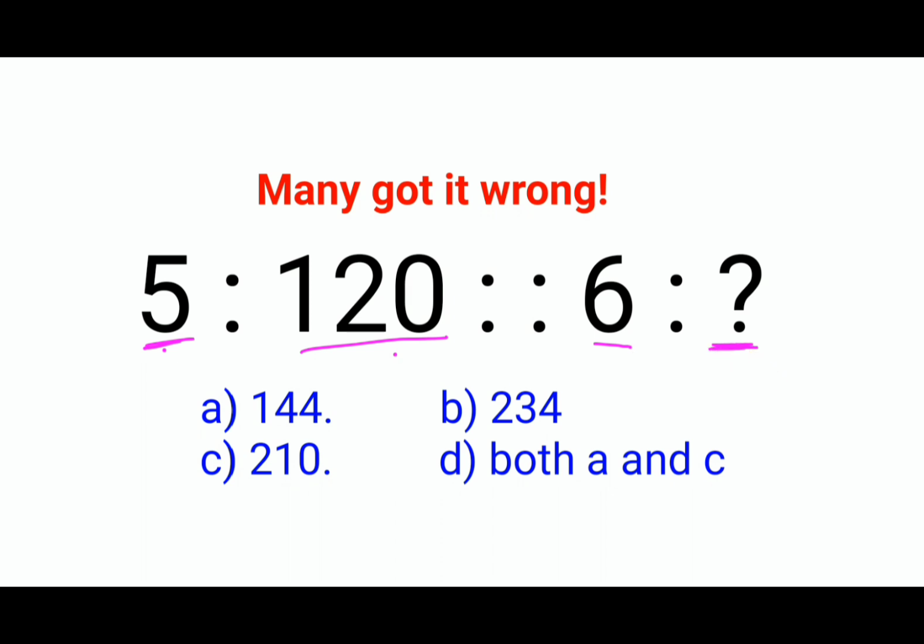See here what happens is, 120 comes in the 5 table, right? Because the last digit is 0, it's completely divisible by 5. So when I multiply 5 by 24, I get the answer as 120. Here also, if I multiply 6 by 24, I get the answer as 144, and 144 is my option. But if you look at this, option D is saying either A, both A and C.